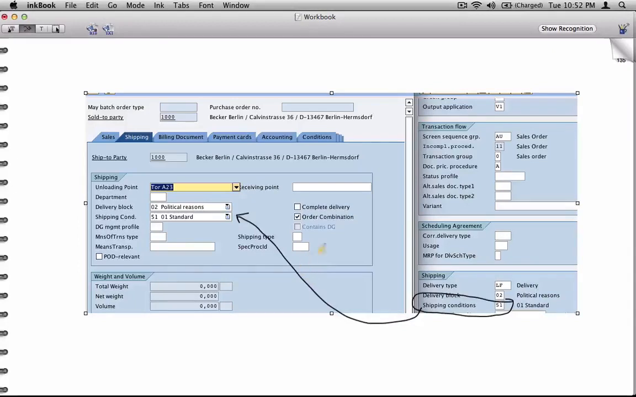Rather, I would say the shipping conditions from the sales document type will override the shipping conditions from the customer master. Earlier, if I had not specified the shipping conditions here, the shipping conditions from the customer master, which was 02, came and sat in the shipping conditions field of the shipping tab of that line of that order. But in this case, the shipping conditions at the line item level have overridden